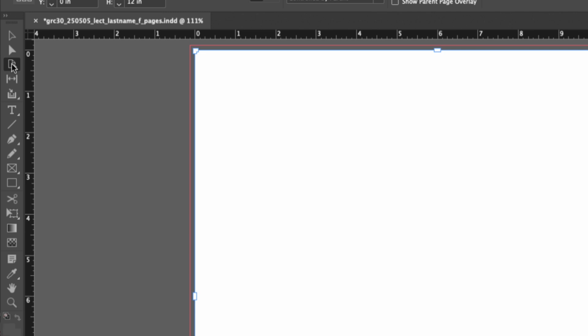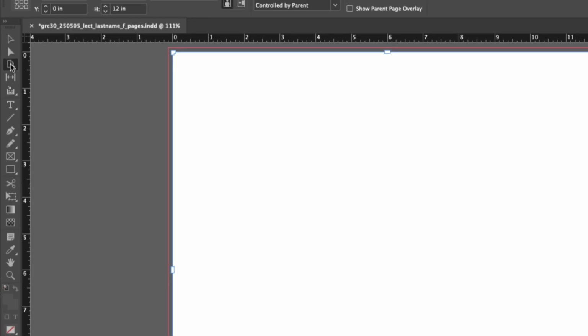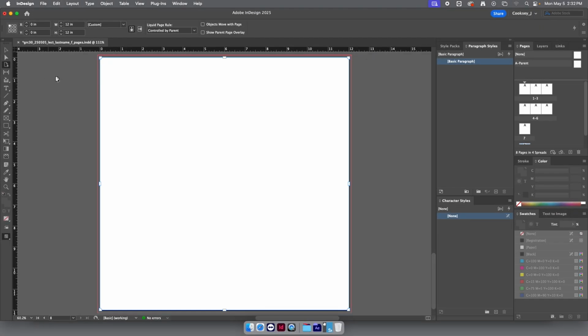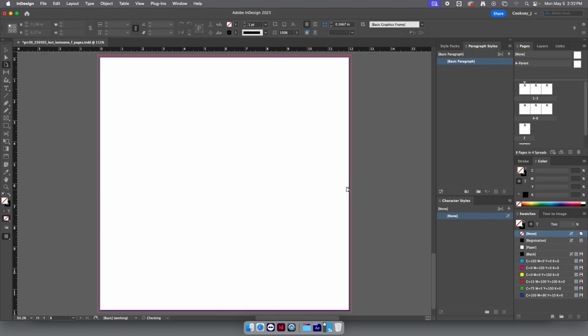I'm going to click on that. Now, as soon as I do that, the page that I have selected has these weird, like marshmallow handles around the corners and sides. This is how we can